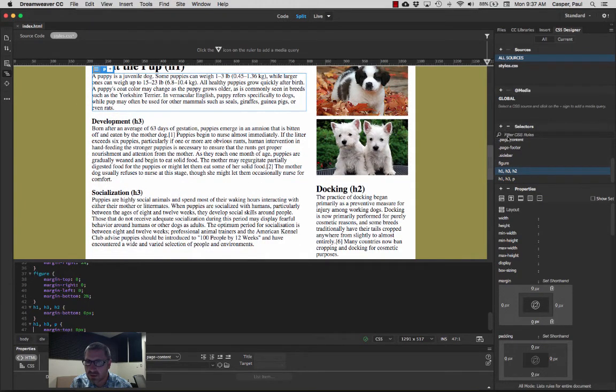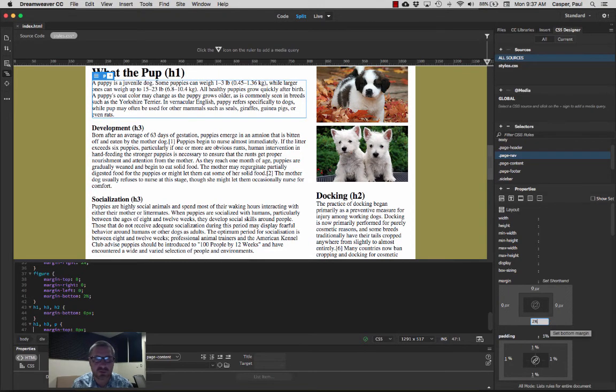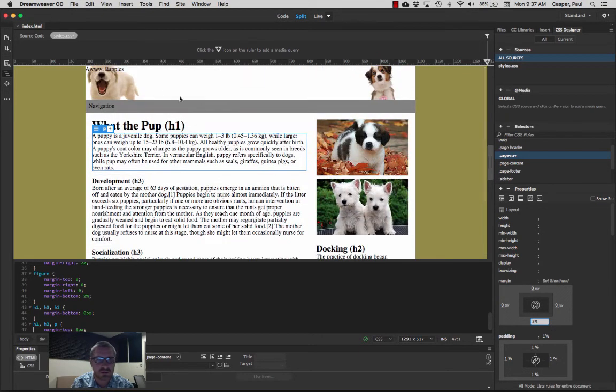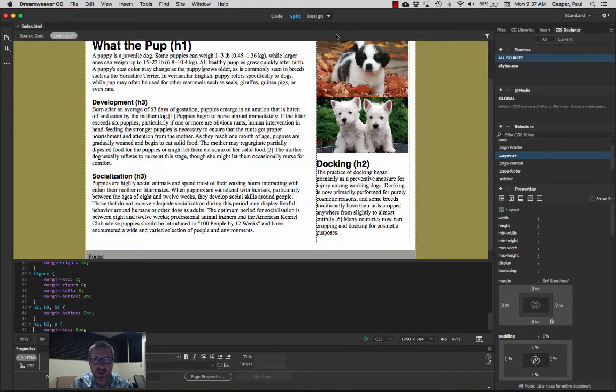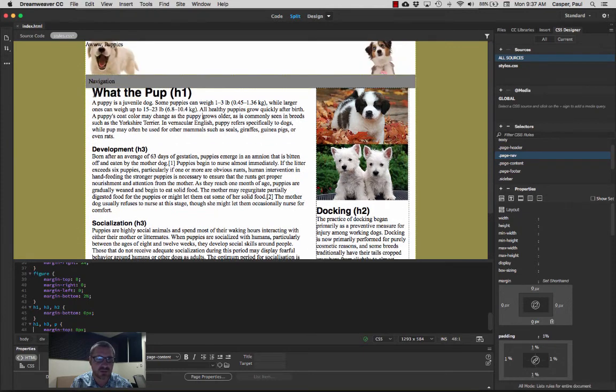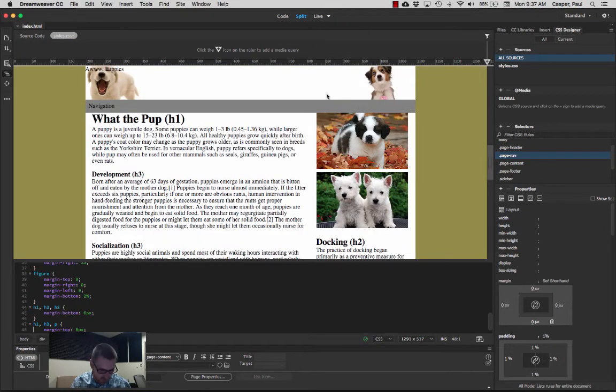Alright, let's try that. Let's go towards our navigation, page nav, bottom margin. I was kind of using 2%, so I'm just going to go with 2% on that. And we got a 2% margin there. Separate all that out. Again, live view is pretty accurate. Design view is actually not accurate right now at all. So don't be deceived by this. You can use it to see that